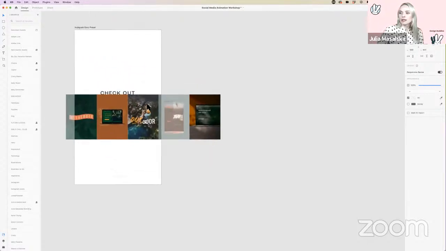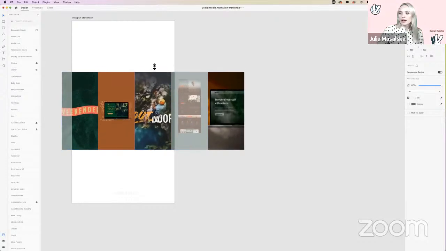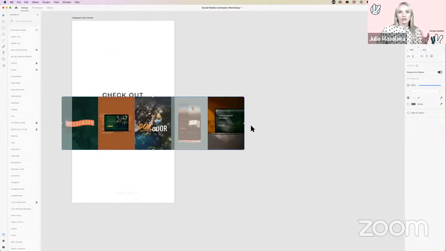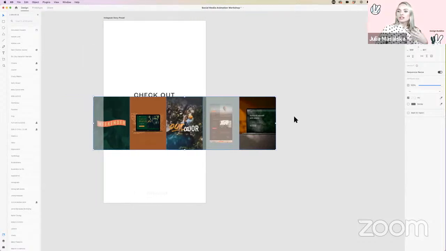Now, if you resize and suddenly things start moving and you're thinking, what is happening here, that is called responsive resizing. It can actually be really helpful when you're resizing posts to different sizes. If we have some time, maybe I can show you that in a little bit as well. But first of all, let me see